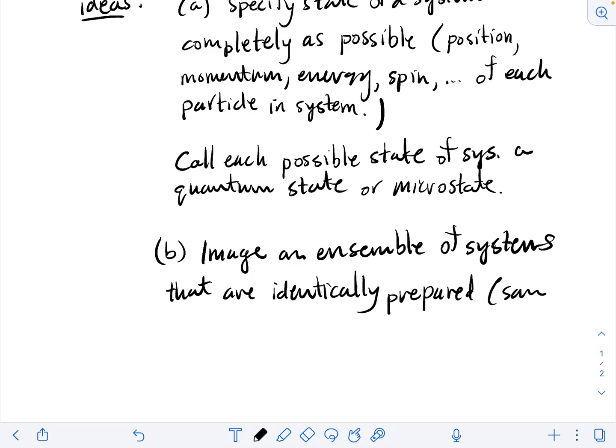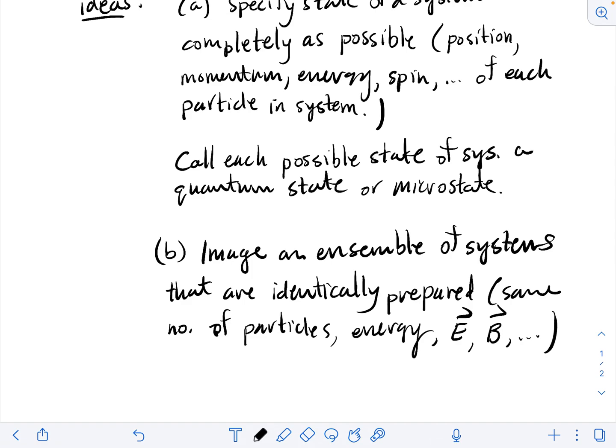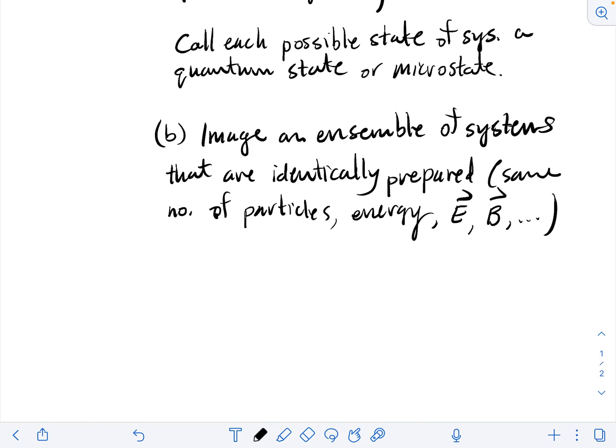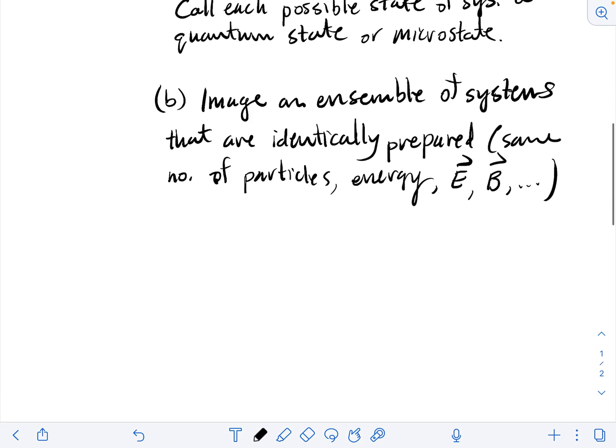Same number of particles, at the same system energy. They exist in an environment with the same electric and magnetic field, and so on, all the other conditions that you can specify. So for this ensemble of systems, there is a large number of quantum states that are consistent